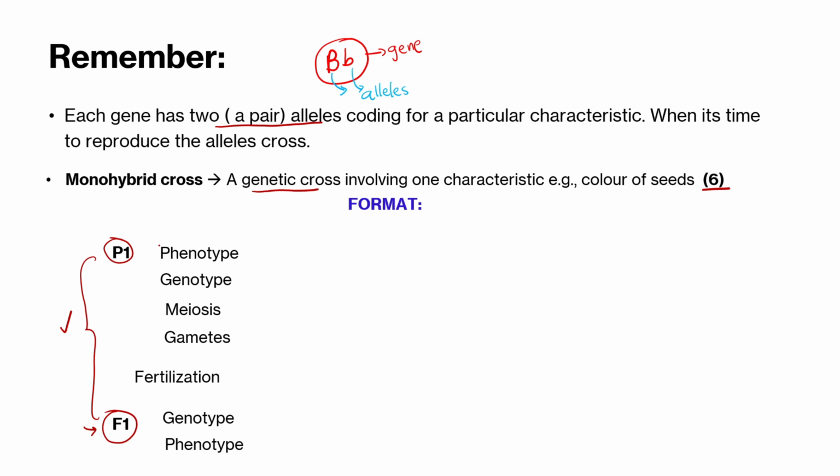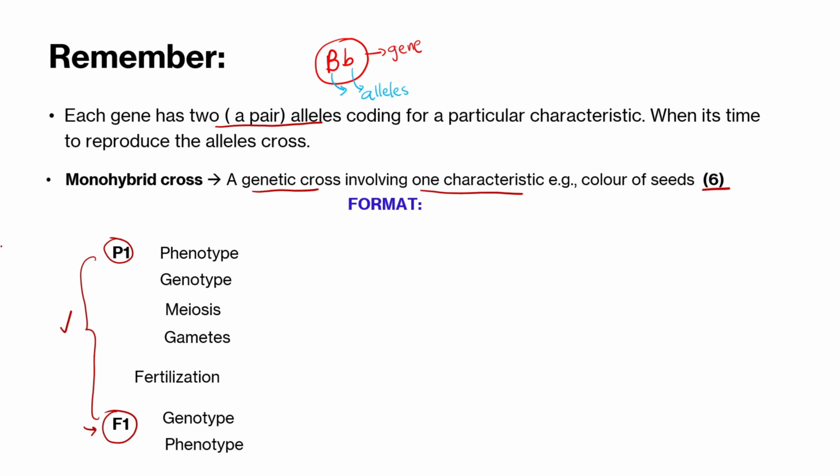And then you are going to write phenotype, genotype, meiosis, gametes, fertilization, genotype, phenotype. This looks confusing, but it will eventually make sense, especially if you have watched my videos on what meiosis is and how fertilization works. So basically, when you're talking about a phenotype, remember we're talking about the physical characteristic. In this case, we're talking about the one characteristic that we're trying to exchange with the wife that I'm having, for example. I'm not really having a wife, but it's an example.